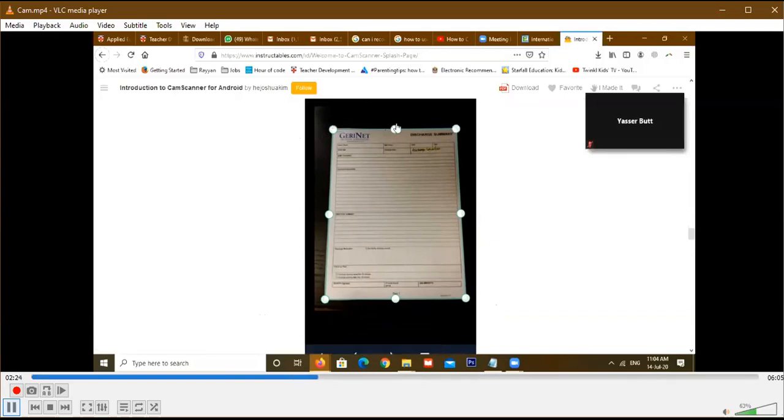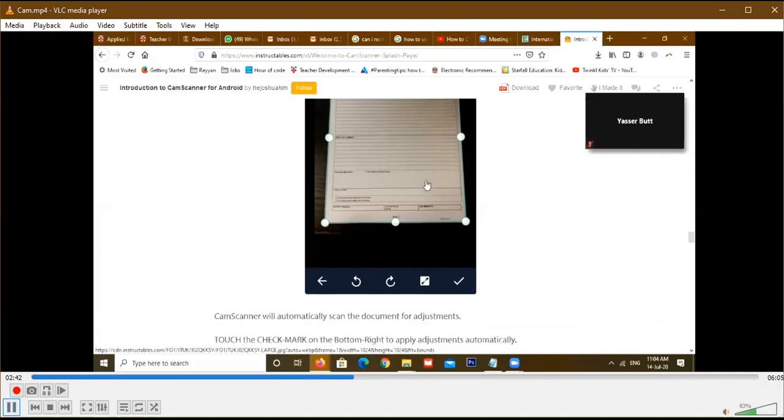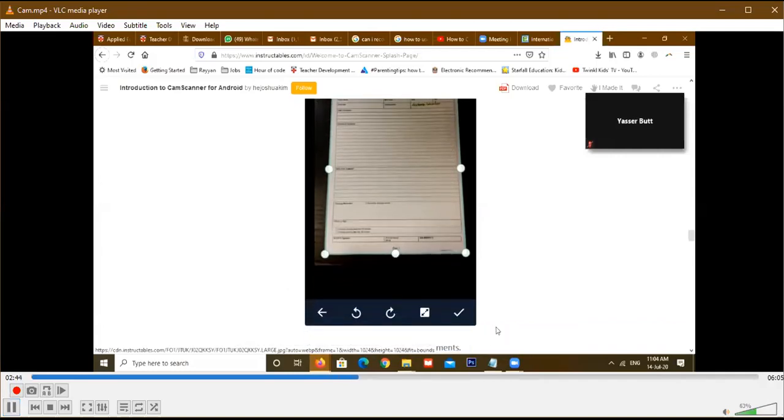If you feel it's not able to cut the paper out clearly, then you can manually adjust these circles and increase or decrease the cropping, depending on if you need to manually adjust it. Normally it does it itself. Usually it happens and you don't have to do it. But once you think that everything is good, you click on this little tick mark at the bottom right corner of the screen,